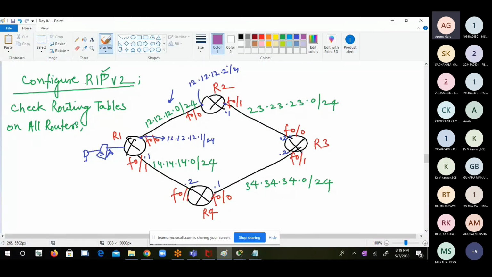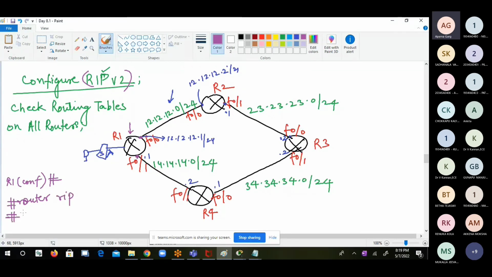Then you will implement and configure RIP version 2. So what are the connected networks with R1? 12.12.12.0 and 14.14.14.0. In R1, you configure all the basic IP configurations in all the routers. After this, since these are classless networks, if it was 12, it would have to be /8, and 14 would have to be /8 because it is a class A network, but it is not, it is /24. That means it is a classless network. So router rip,